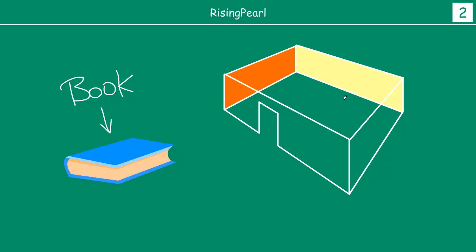I have on purpose drawn the room a little bit differently from a perspective view standpoint. So this wall is colored orange, this wall is colored light yellow, and these two walls are not colored. Or maybe you can think of it, we are looking at from outside, so we don't know what the color of these two walls are, right? So this is a room. So the volume of this room,